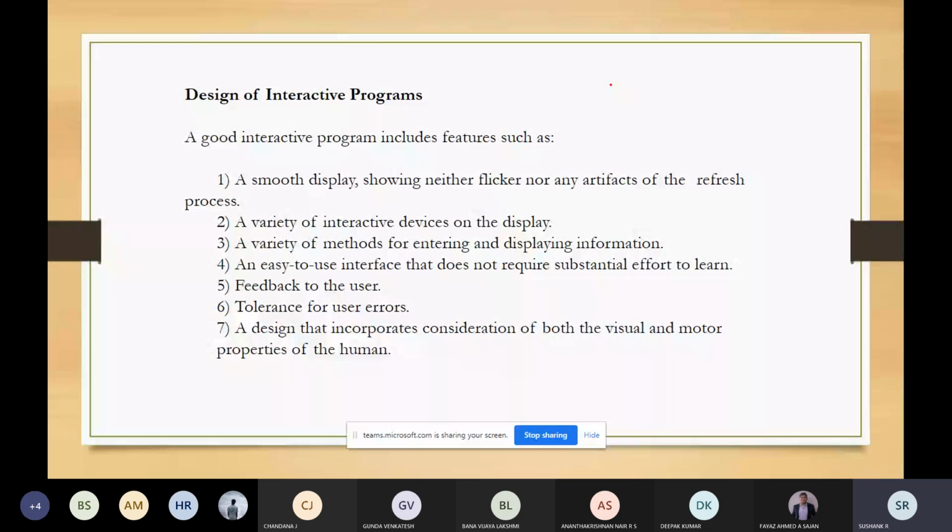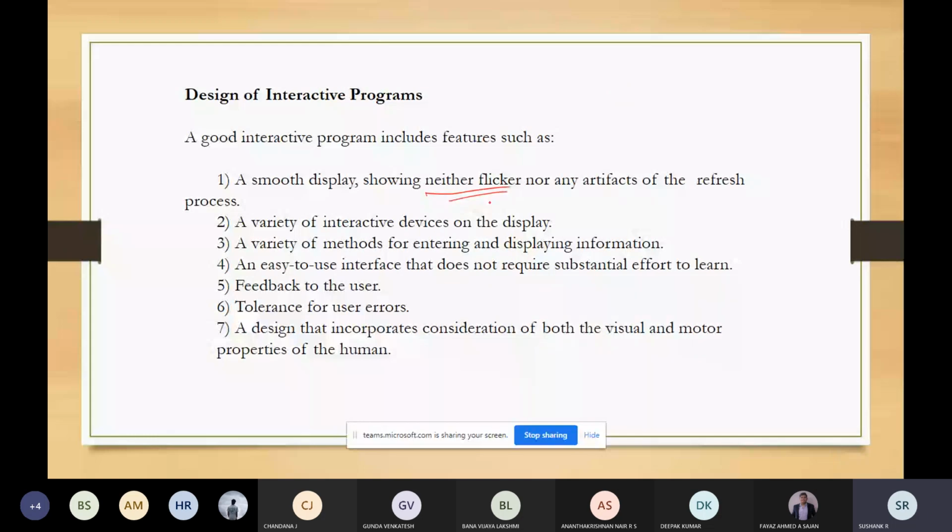These are the features which a very good application program, a very good interactive program, will consist of. First, there should not be any flicker. The object or the scene should not get distorted.